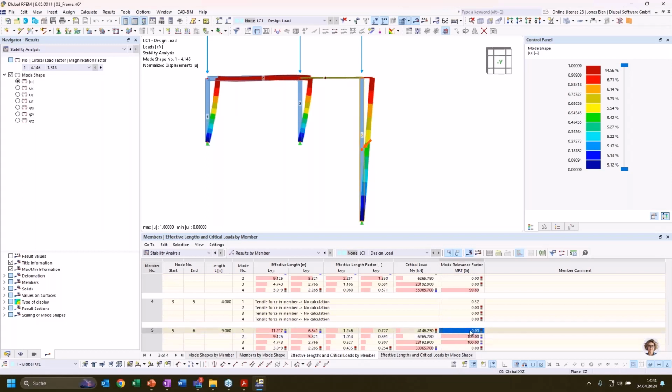15%. That's a bit up to engineering judgment, but definitely not 0%. It's a relative measure because deformations in a stability analysis are not absolute values, but they are somehow scaled, and so is the mode relevance factor. So you can imagine that the member with the highest internal deformation energy in the model for one particular mode shape has a mode relevance factor of 100%,